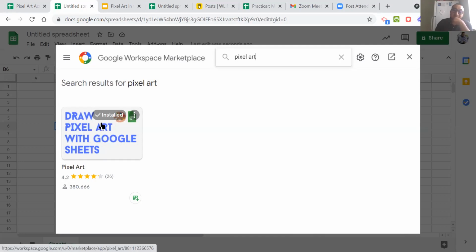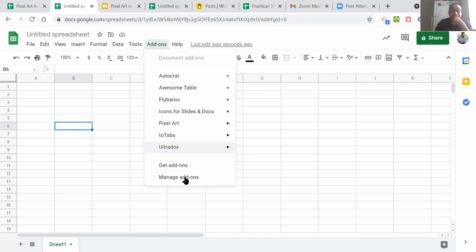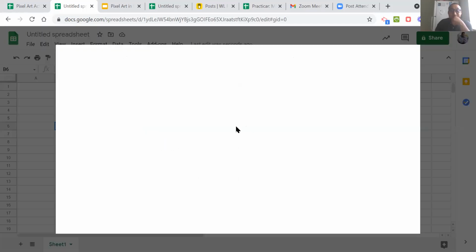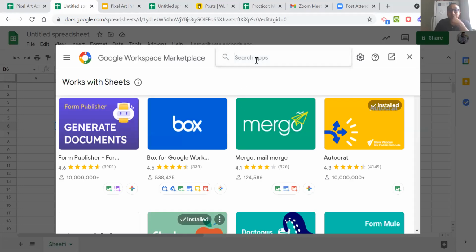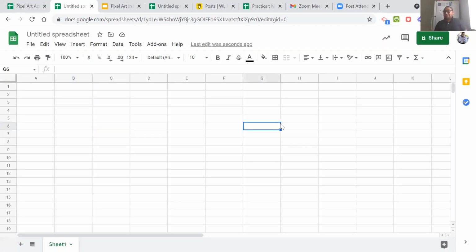I'm not gonna install mine because it's already installed. So you install pixel art. Go ahead and do that. Again, click on add-ons, get add-ons. In the search bar, type in pixel art. This will appear. It says draw pixel art with Google Sheets. You install this, and once it is installed,